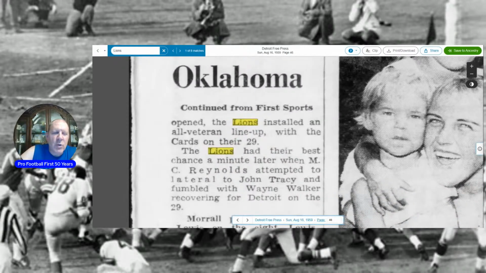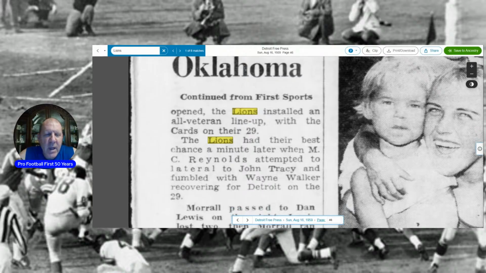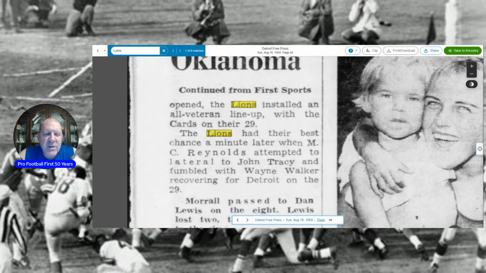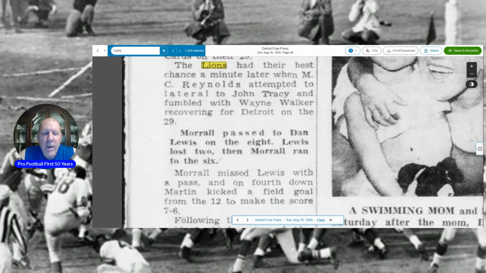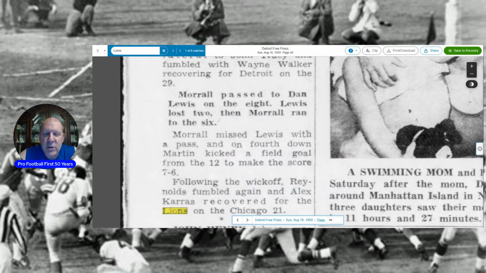The Lions installed an all-veteran lineup with the Cardinals on their own 29. The Lions had their best chance a minute later when MC Reynolds attempted to lateral to John Tracy and fumbled, with Wayne Walker recovering for Detroit on the 29. Morrill passed to Dan Lewis on the 8. Lewis lost 2, then Morrill ran to the 6. Morrill missed Lewis with a pass, and on 4th down, Martin kicked a field goal from the 12 to make